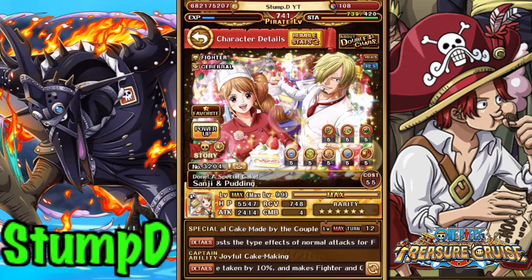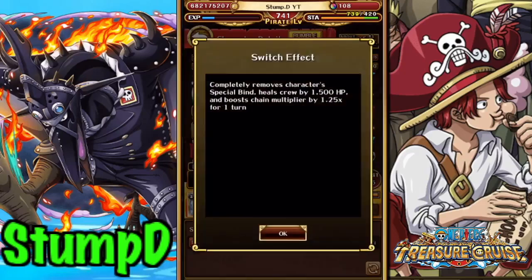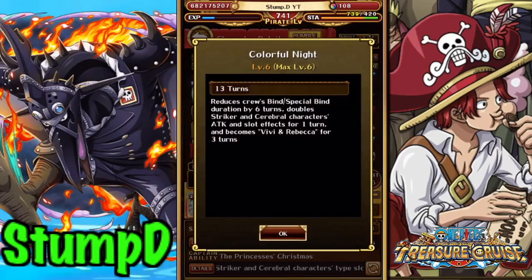And then finally, we've got Vivi Rebecca V2. Now, Vivi Rebecca, I think, are boosted as well. I think I saw that they were boosted. They might not be. I might be incorrect there, but the main reason I have them here is for their switch ability. Their switch ability can remove special bind on themselves, which is awesome. They also give a chain buff mechanic. And then with their special, they can actually remove bind and special bind by 6 turns, which is great on